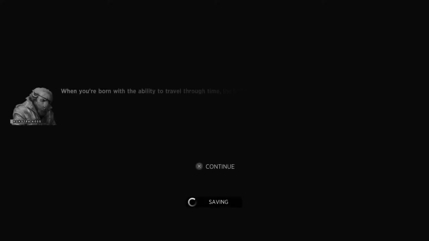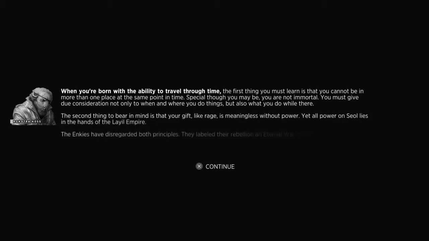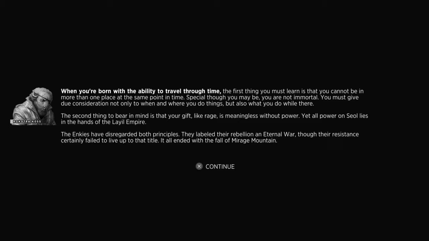is worth seeing. When you're born with the ability to travel through So this time, is a the first thing bit you of a must learn is prelude. that you cannot be in more than one place at the same point in So time. the game, it kind of Special though you may looks be to or not, play around with like a you must give due slowing down of consideration time mechanic, not only to which is when pretty and where interesting. You do things, but also what you do while there. So this is a kind of The second introduction thing to to bear in mind is that your gift, maybe like using that power is meaningless cleverly. without power. Yet all power on Seoul lies in the hands of the So the Lay. Lael Empire is, I'm assuming, who we're The battling Yankees have against. disregarded both principles. They labeled their rebellion an eternal war, though the resistance certainly failed to live up to that